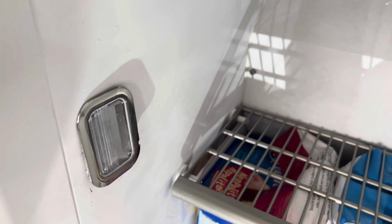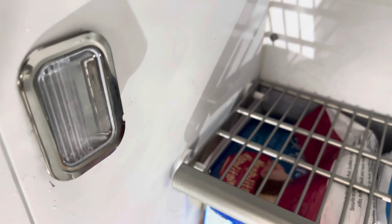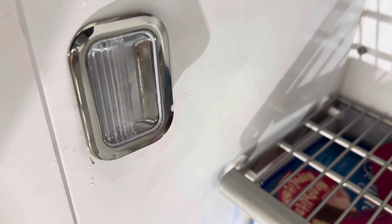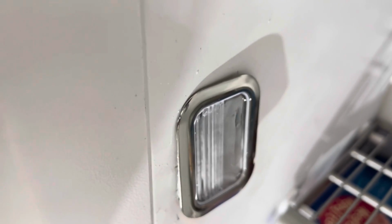So here's another one. I already tried to pull it out, it's halfway out. So I press the button on it, release the button, no light, nothing. So it's telling me that this light is the problem, but I have another light here,